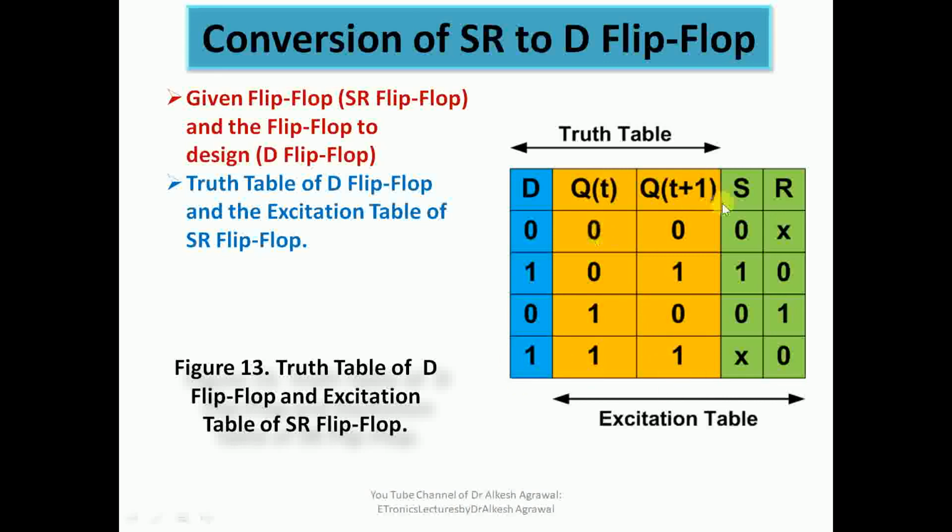And now we will write the excitation table of SR flip-flop. We know that for 0 0, 0 1, 1 0, 1 1, how we write the excitation table. In the S column we write 0 1 0 cross from top to bottom, and then in the R column we write from bottom to top the same thing, 0 1 0 cross. Now we will have two K maps. In the K map for S, we plot this min term which is M2 and a don't care condition for M3, and for R we have a don't care condition for M0 and min term for M2.